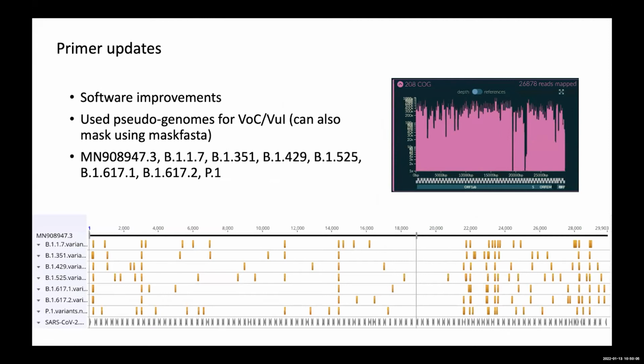has ballooned, and it's becoming increasingly difficult to make a scheme which can sequence everything that's previously been seen all the way back to the original reference genome. So this is just an example of the canonical mutations in some of these key lineages. Especially, you can see the spike region is just getting incredibly dense with mutations. It starts to make you have to think: do we need to be able to sequence all these historical lineages, for example, if you were just going to bring one out of the freezer, or should we be focusing just on the current ones to make life easier when it comes to designing primers,